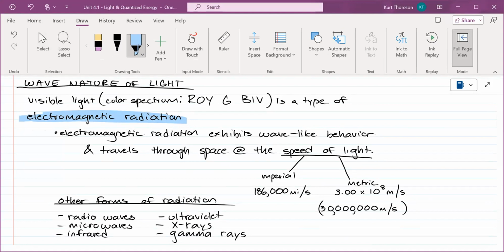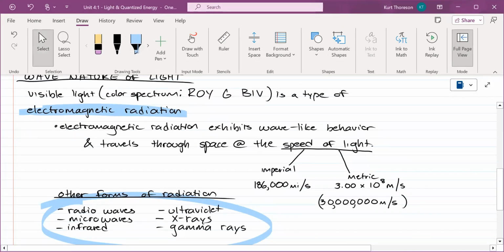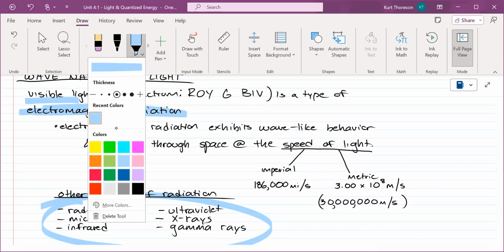And of all the various forms of radiation, which I have here, there's only one that we are capable of seeing, and that is called visible light. Visible light is all that our crappy human eyes are able to see. And it's broken down like there's a mnemonic device called Roy G. Biv. You got red,